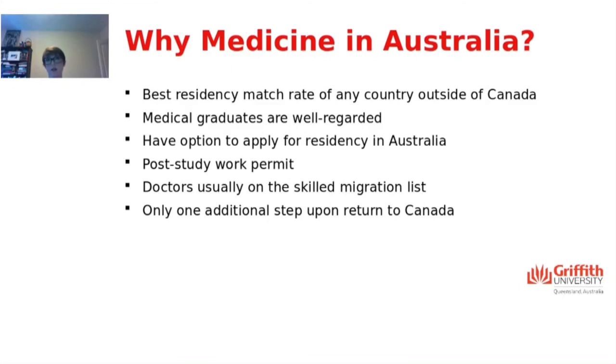Last year, there were actually vacancies in Australia. So it's currently a very different situation to what's happening in Canada. But of course you can apply for both. We do offer a post-study work permit in Australia as well. So usually if you're studying a program of at least 2 years,